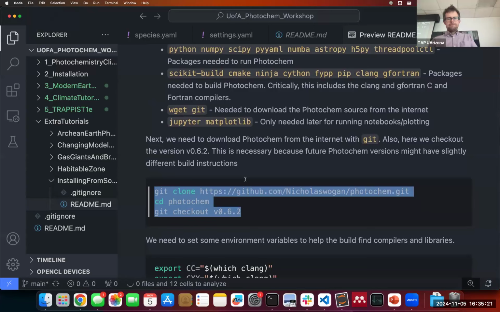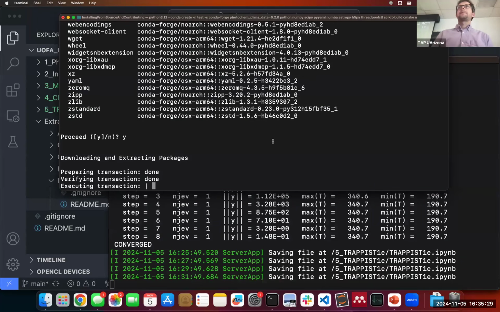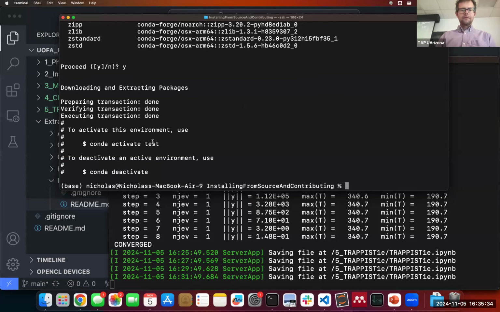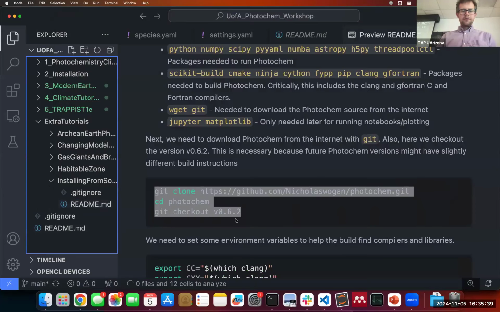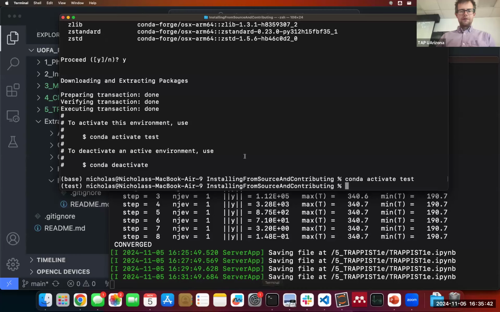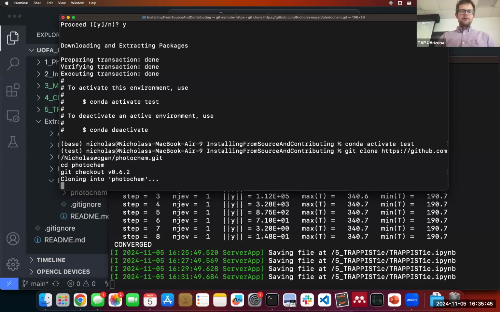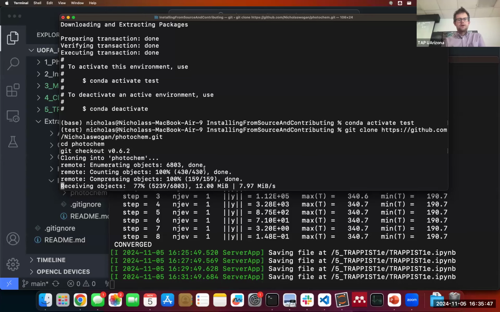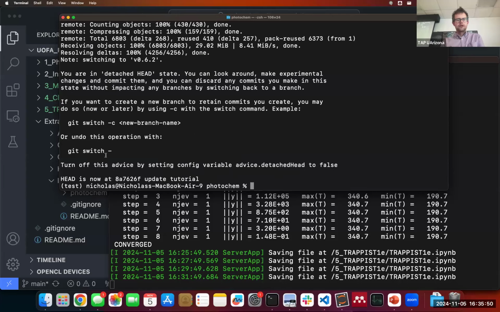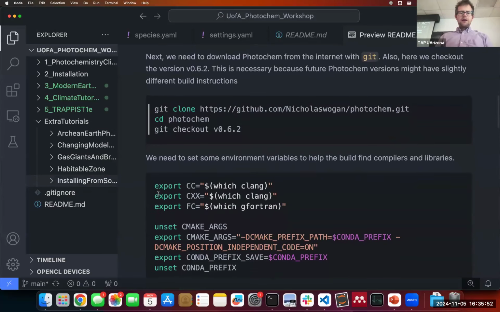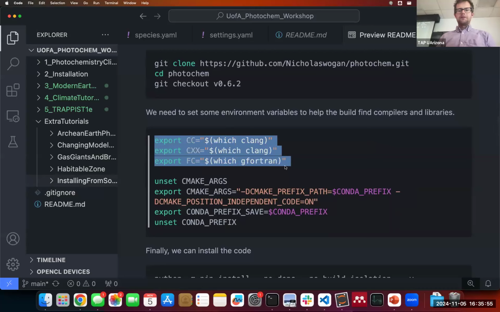Next is the GitHub. We're going to clone the PhotoChem GitHub and get the source code so we can compile it. And then there's all sorts of junk that needs to happen so that the right compilers are found